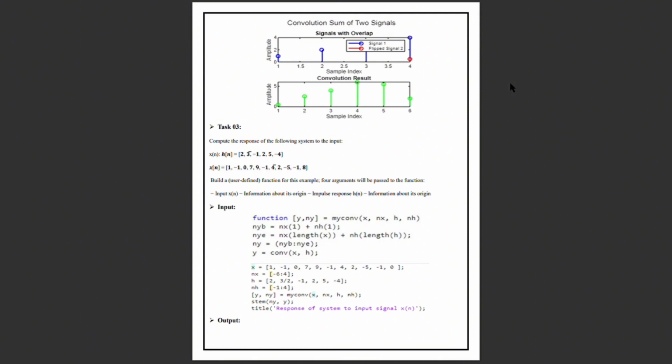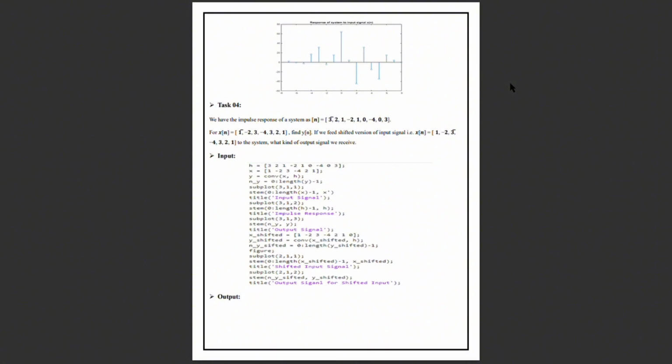It computes the beginning and ending indices, the resulting convolution, and it constructs the input index vector and y, and it performs the convolution using the MATLAB built-in convolution function. After the convolution is performed, here you can see the output of this task